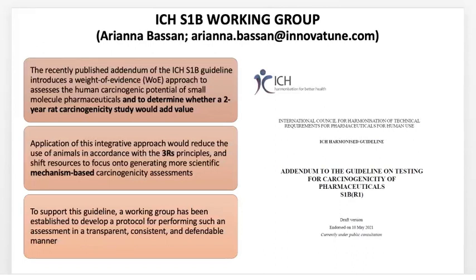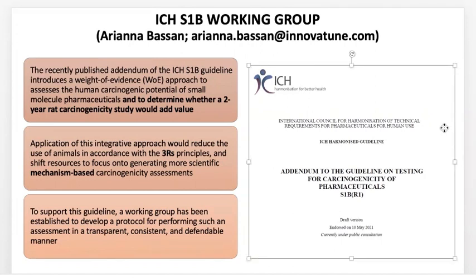If something would be clearly thought to be a carcinogen in humans, you don't need to do a rat study. If something was clearly determined not to be a carcinogen in humans, you don't need to do a 2-year rat study. You would still have to do a mouse study, but this would give rise to an effort that might be able to reduce the amount of animal usage for that particular purpose. So one of the things that we wanted to do is to take a look at how we might apply the 10 key characteristics to the weight of evidence approach that's being put forth by the FDA and this particular group.